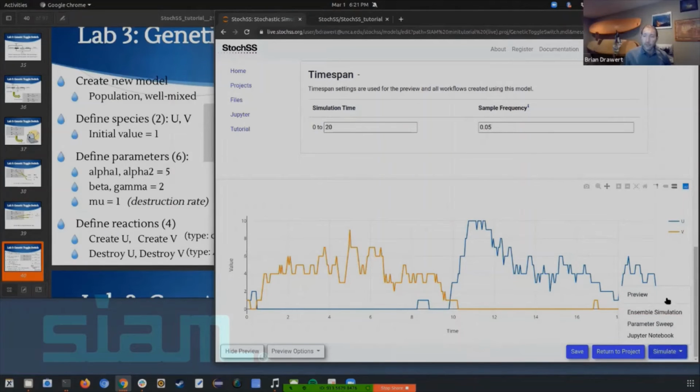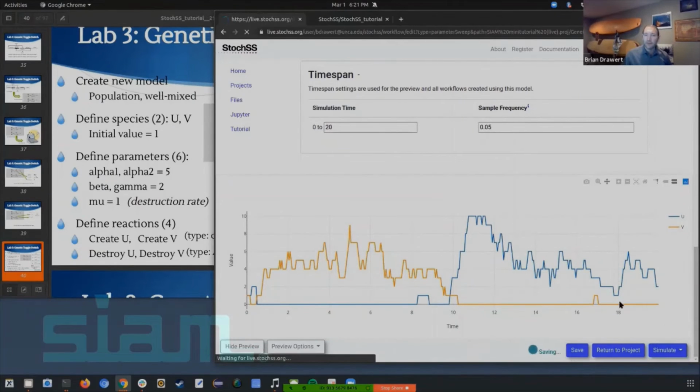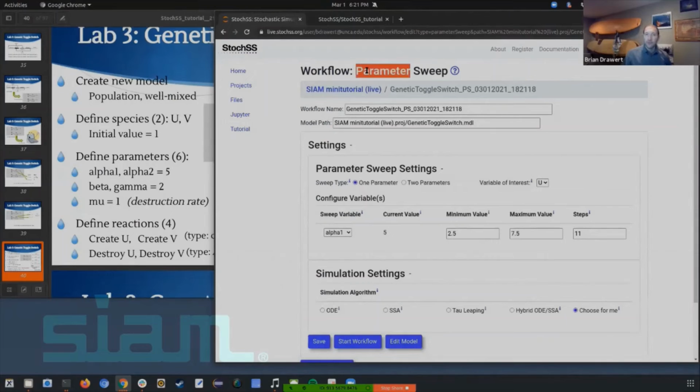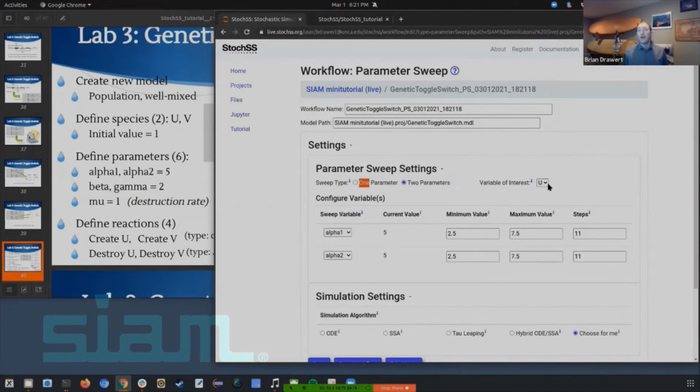So we can run through a bunch of different ones here, but what I think is most interesting now is to look at our parameter sweep workflow. So the parameter sweep workflow, what that means is I would like to see how this simulation varies as I vary the parameters. And parameter sweep settings, there are two types. You can either vary one parameter at a time or two parameters at a time. I'm going to choose two parameters. You have to choose some variable of interest. What is it that you're looking to measure as some sort of output of